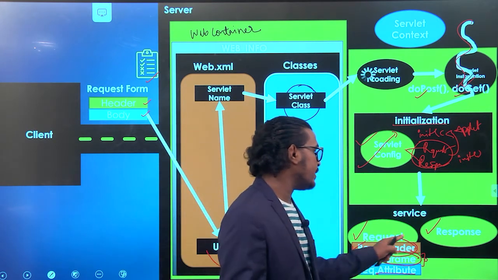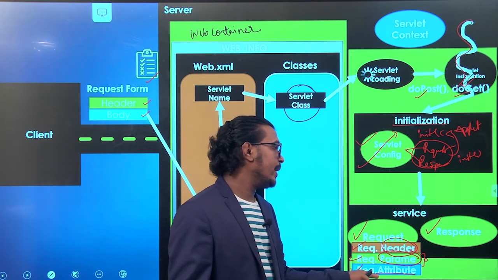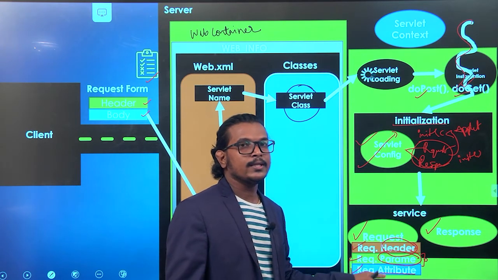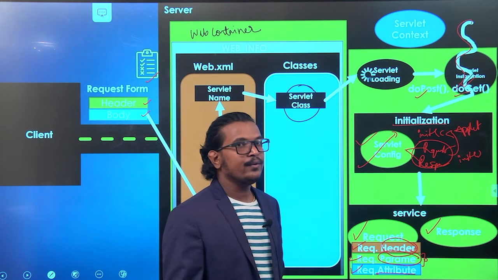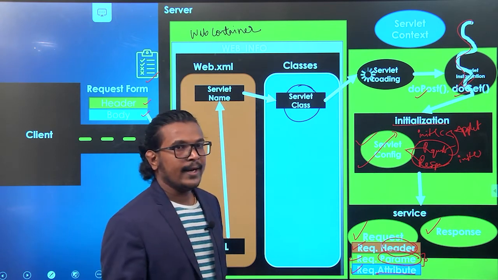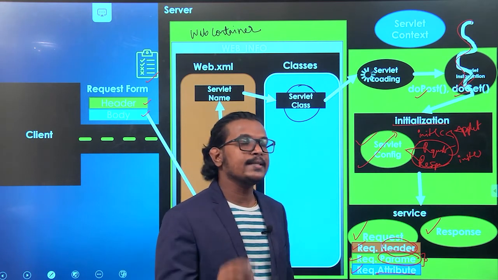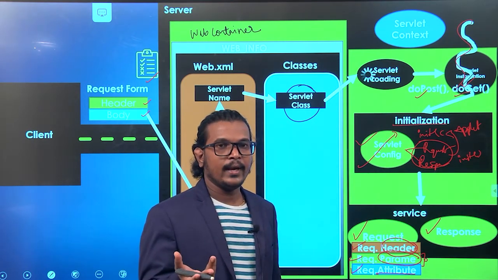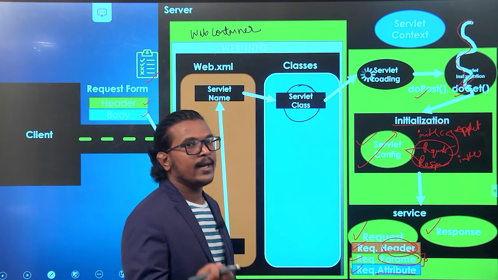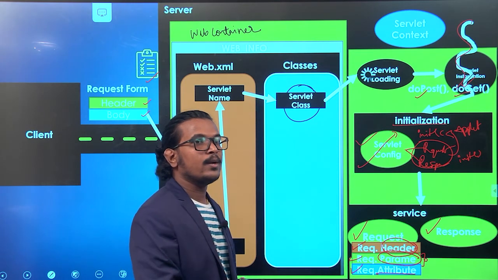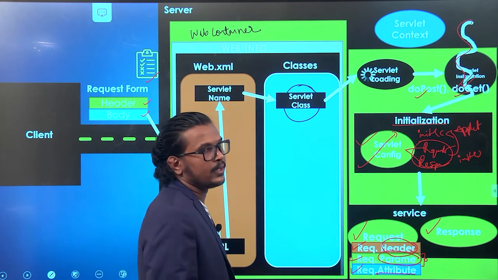And next, once your request is created, what you are doing here is opening that particular request and reading all these parameters. Once the reading is done, you are providing the service in that particular service method. We have two objects: the first one is a response object and the second one is a request object. In the request object, whatever the request sent to the server, we are opening that request and processing it. Clear?